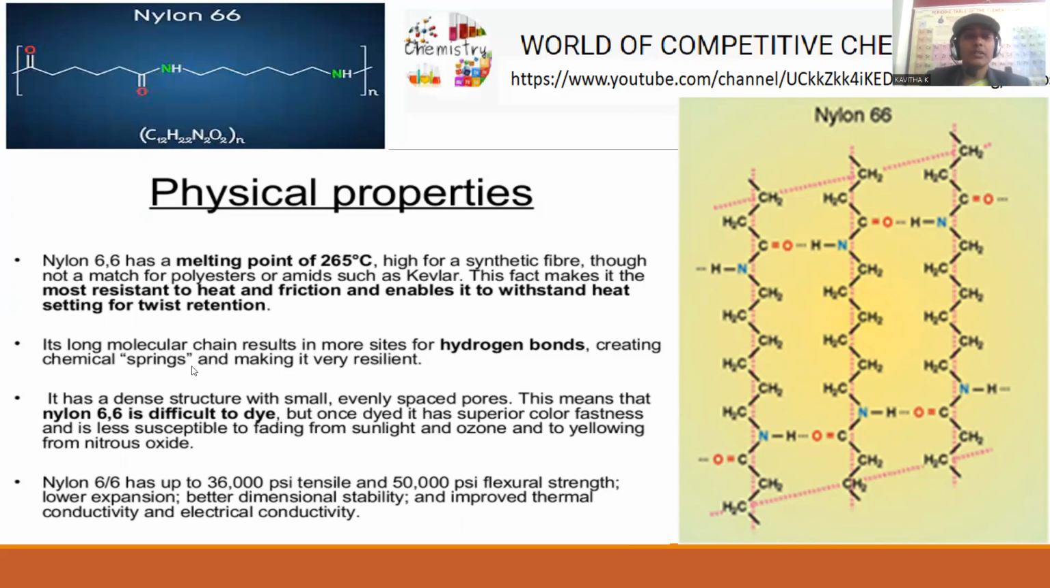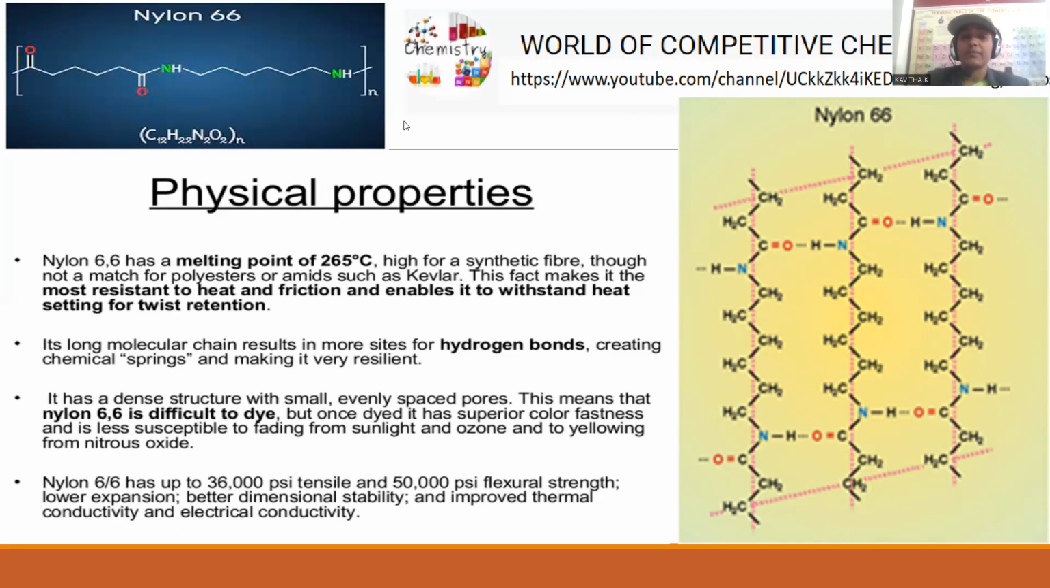And these polymers are resistant towards heat and friction, enabling them to withstand heat setting and twist retention. When the temperature rises, it will withstand high temperature conditions. Hence, it is a heat resistant, thermal resistant material. Even when we apply force, it will withstand without deformation, so the heat and friction resistant properties enable these polymers to find a wide range of applications in industries, and even